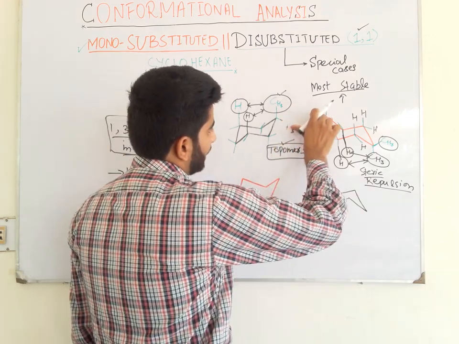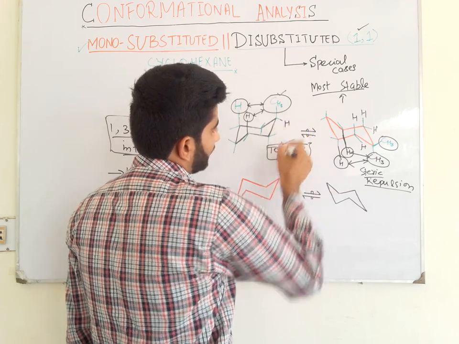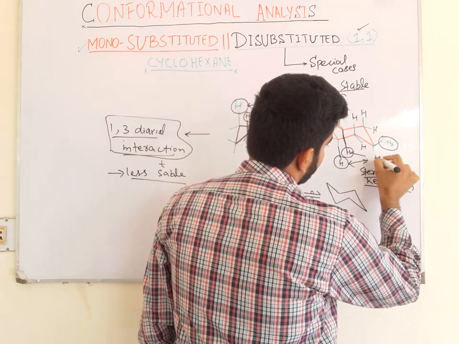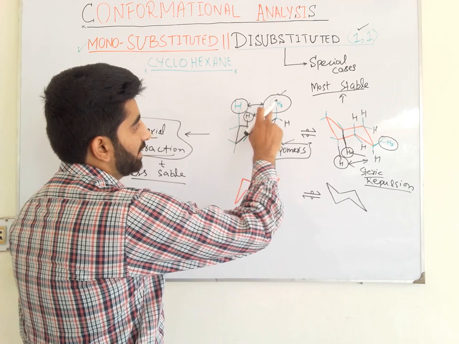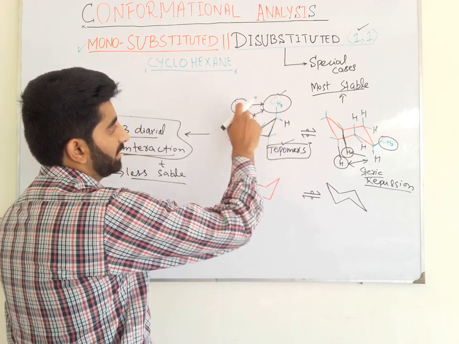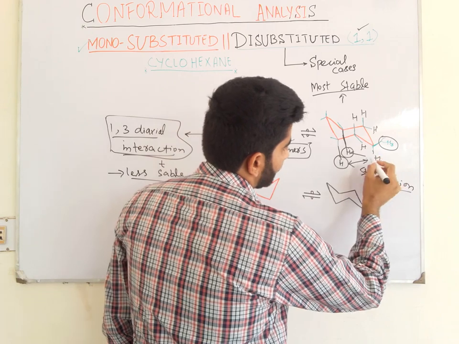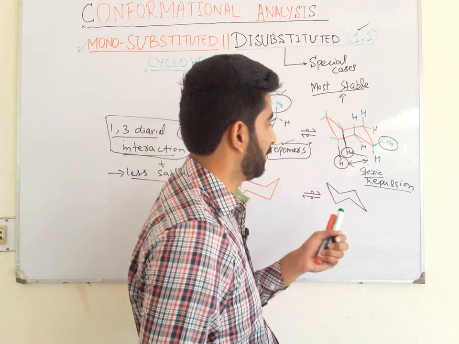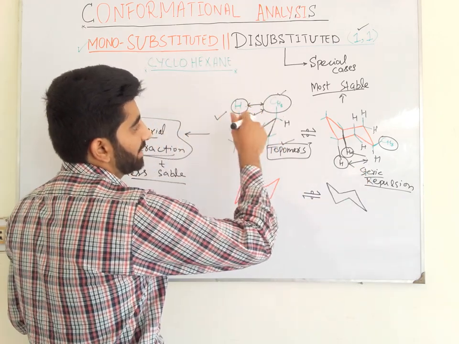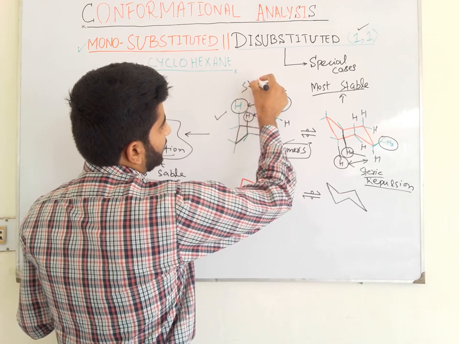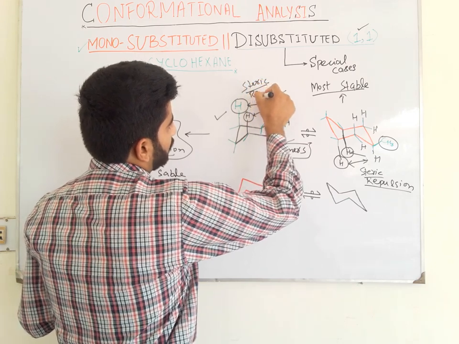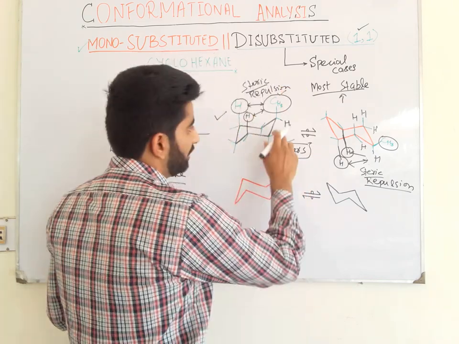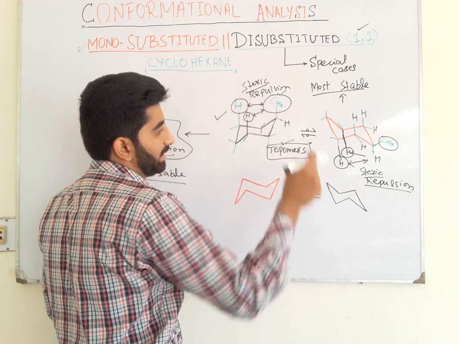But if there is a hydrogen here and a hydrogen here, then we observe that there is a 1,3-diaxial interaction between one methyl group and these two hydrogens, and there is no 1,3-diaxial interaction between the methyl group and the two hydrogens in this conformation. So this is due to the steric repulsion between the one methyl group and two hydrogens. So they are not topomers of each other. They are topomers of each other only when two similar substituents are attached at the same carbon.